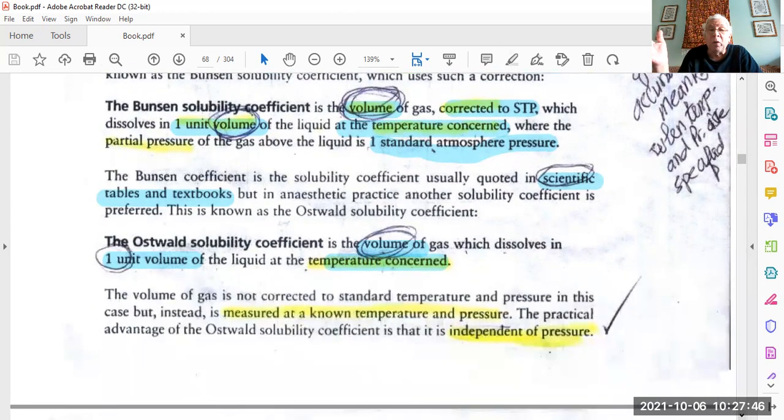So the Oswald is the volume of a gas dissolved in unit volume of liquid at the temperature concerned, whether it's 30, 20, 50, whatever. But on the other hand, the gas which is dissolved, I don't have to, مش لازم ارجعه لحالته اللي هو الستاندرد temperature pressure. خلاص؟